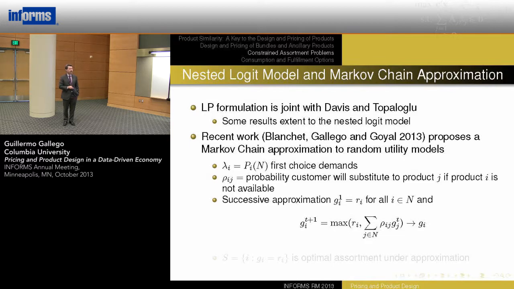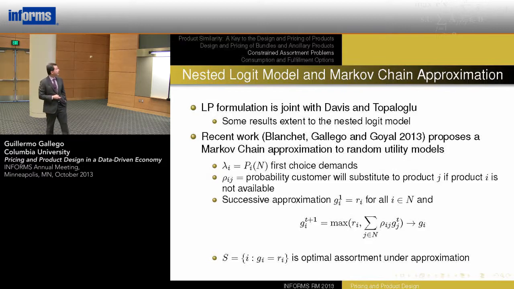between products depending on whether you offer them or not. So initially, you offer everything, and so the reward is RI. But as you iterate, using the successive approximation technique, you're taking the maximum of the revenue of either offering product I or allowing the customer to transition to a product J and then rewarding them with Gj of t. And we can show that this is a monotone increasing function that converges to Gi, and that works really, really quickly. And then the optimal assortment set under the approximation is just the set of items I such that Gi is equal to Ri. Okay, so that's my third topic on constrained